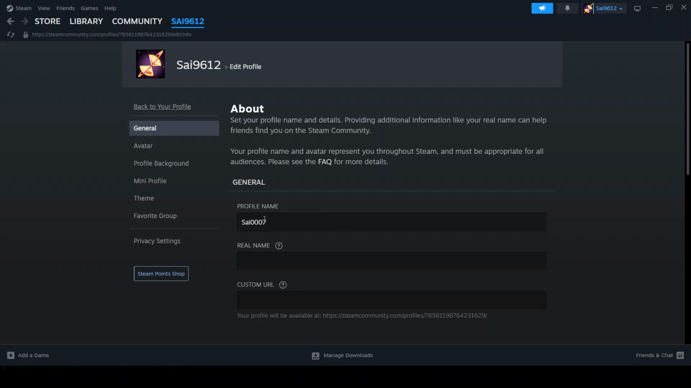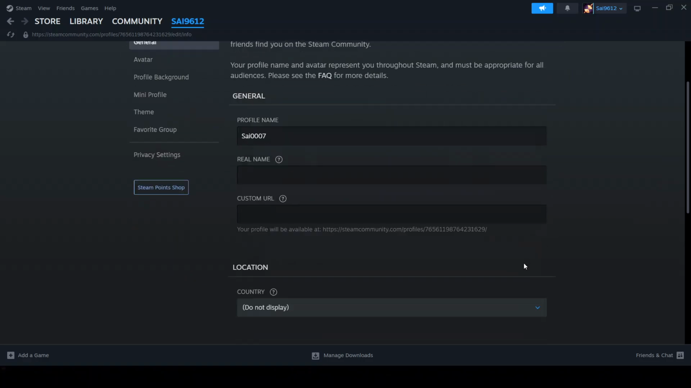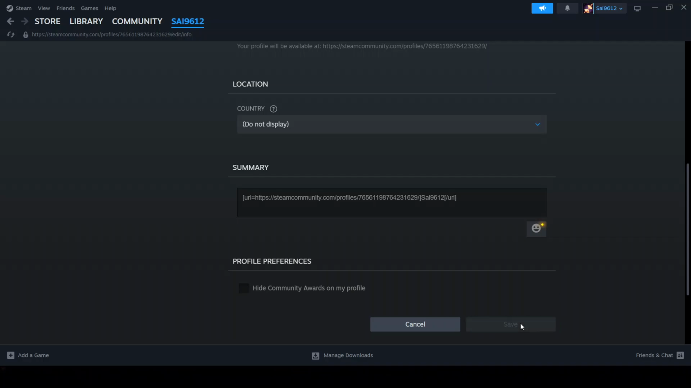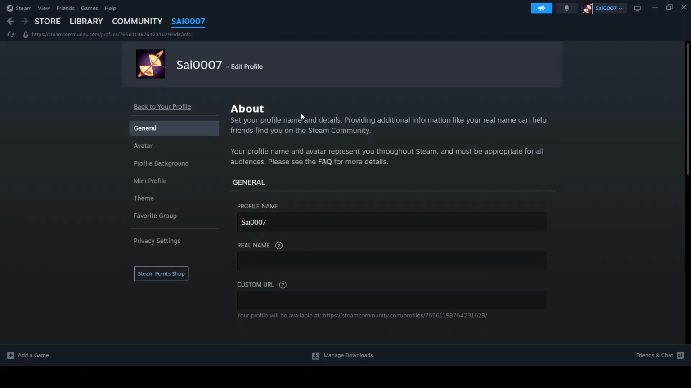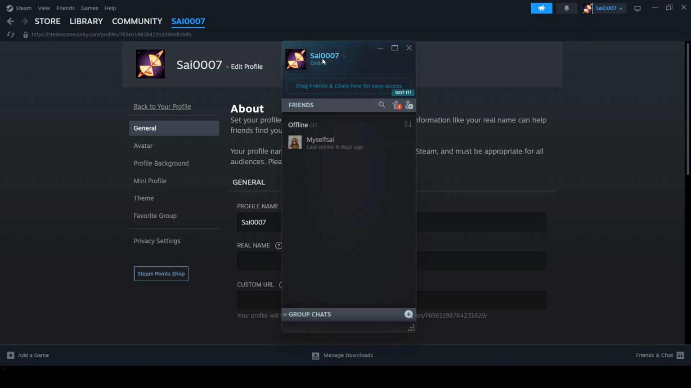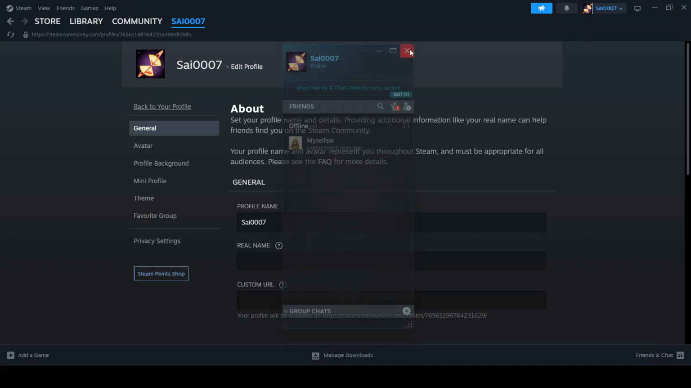After you've typed your new profile name, scroll down to the bottom of the page and click Save Changes. Steam applies the update right away. You should see your new name on your profile immediately, and it will propagate across your friends list, chat, and most games. In some places it might take a moment to refresh, but you don't need to do anything else,